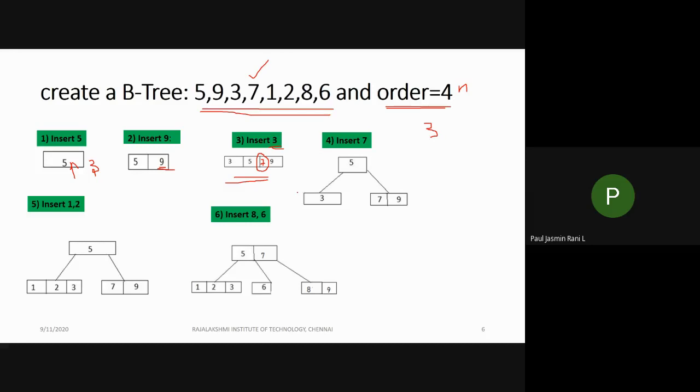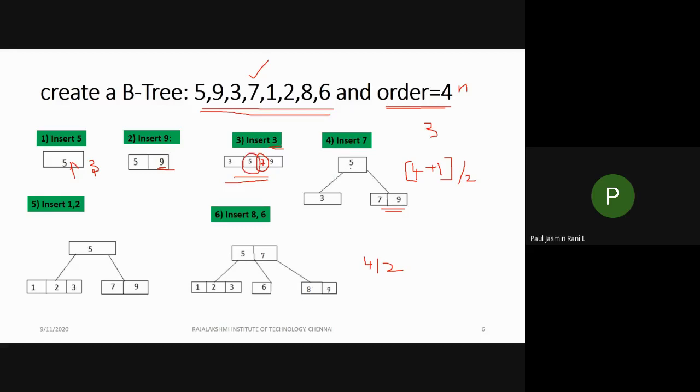So when you divide, 4 divided by 2, you will get the answer as 2. Now you have to split it like this. Sorry, actually you have to divide it like this: 4 plus 1, plus 1 element, next one, divided by 2. You will get the answer as 5. Now what you have to do? You have to take the middle element. So this one will be your middle element.